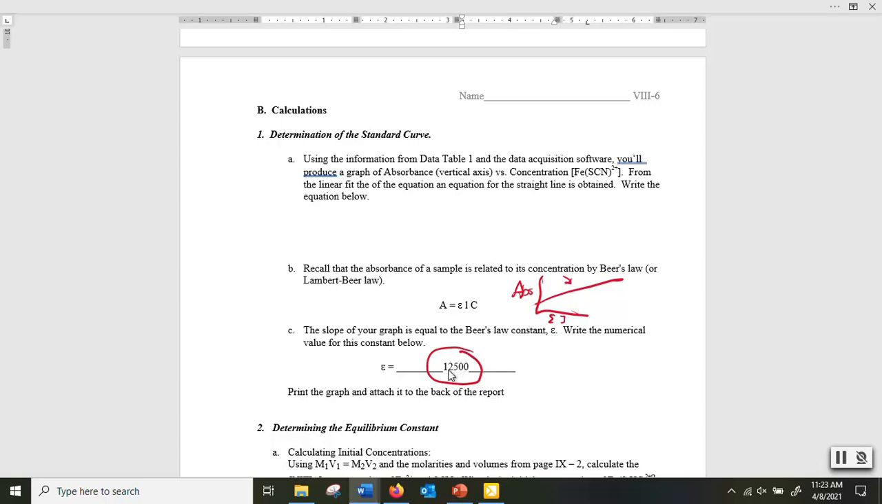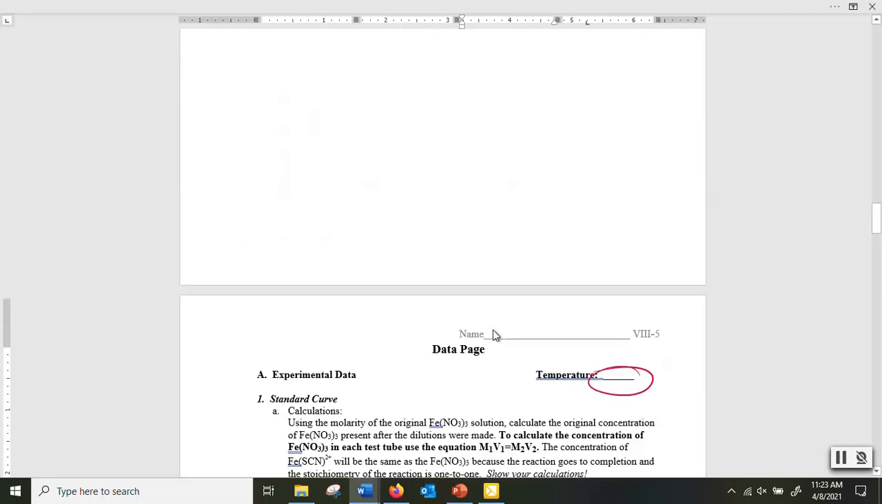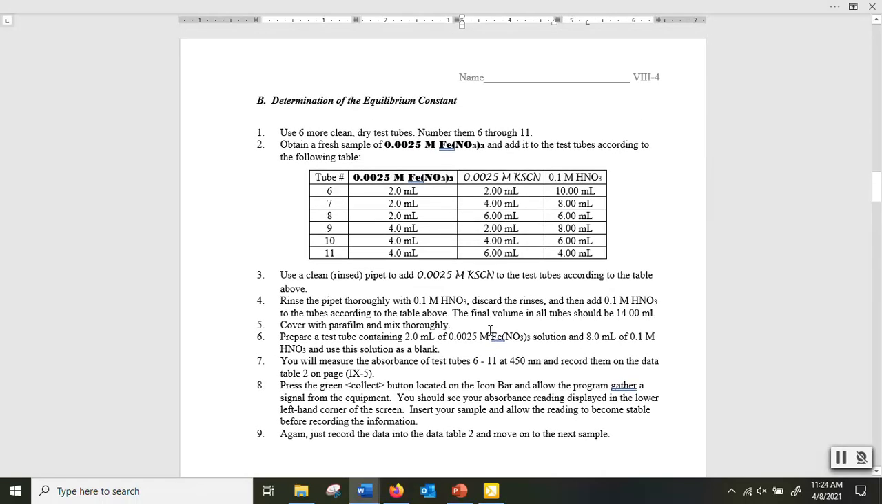So far, this has been pretty straightforward. Now, I'm not going to go through all of this with you because we're going to finish that up in the calculations video. But I want you to know what you're doing next. After you make this standard curve and find your eta,